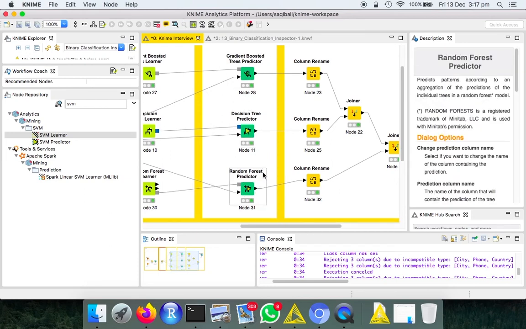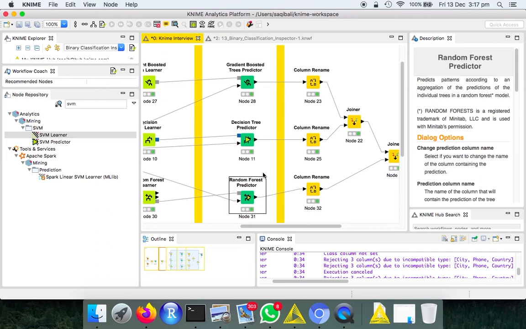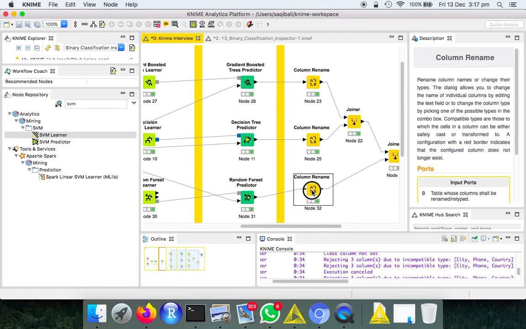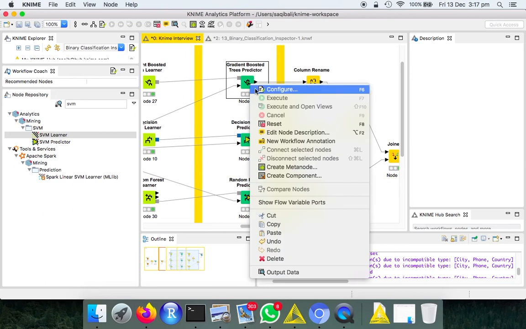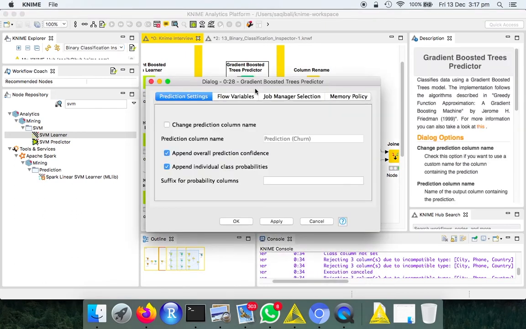I'm using 3 of them: one for the random forest, decision tree, and the gradient boosted trees. Now, instead of pushing the output of this node to a score node, which we used to do previously in KNIME, first of all, we need to make sure that we are